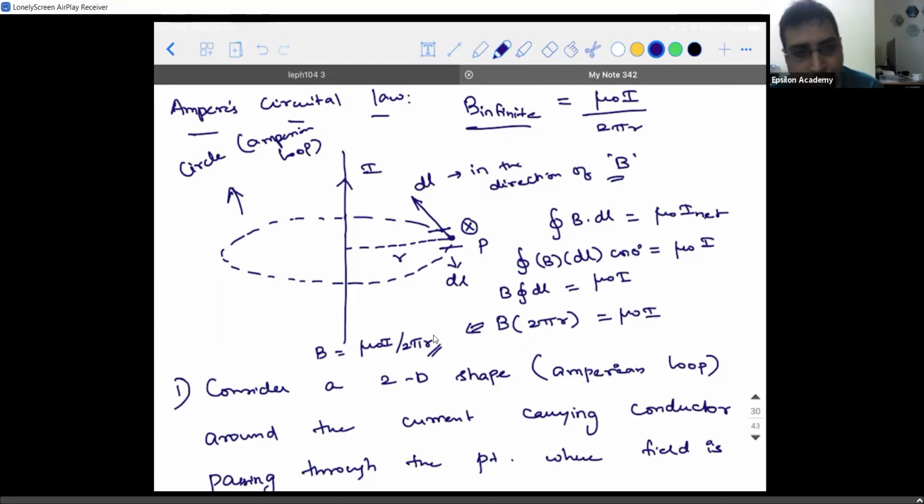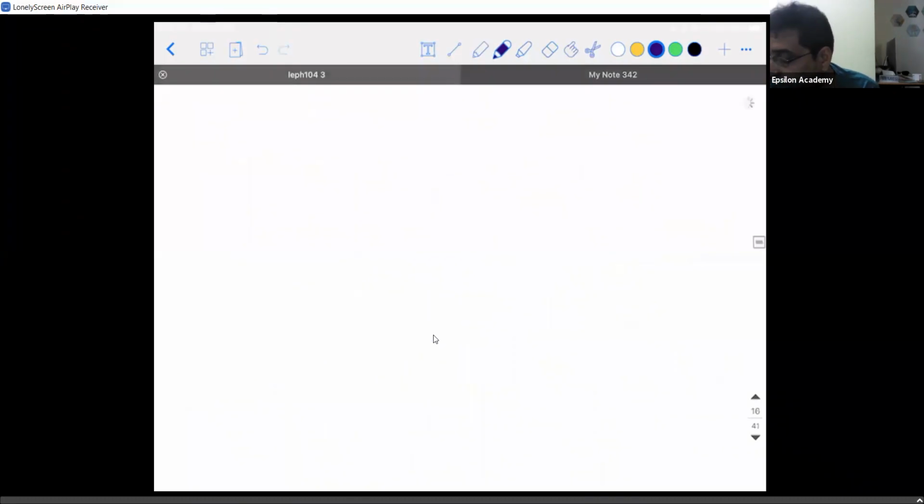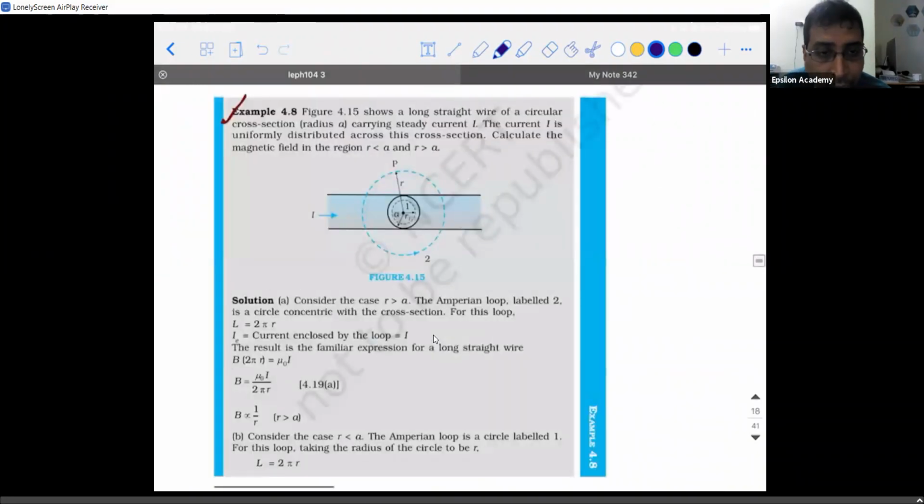Since you are seeing this for the first time, there is no worry. You have 3 more days to revise it. By Monday, I'll be completing this chapter. So what I suggest is, before the next class, go through the concepts and come, because I'll be solving one important question from here. This question is very important. If you have to understand this, the only option is to revise this and come.